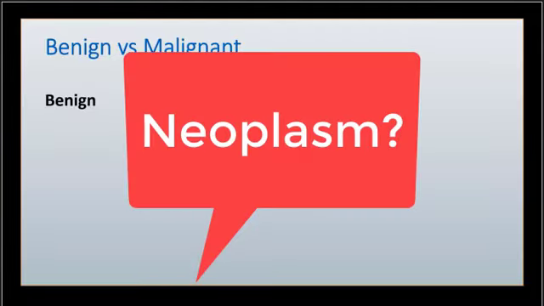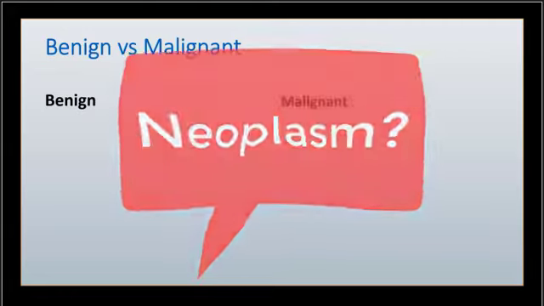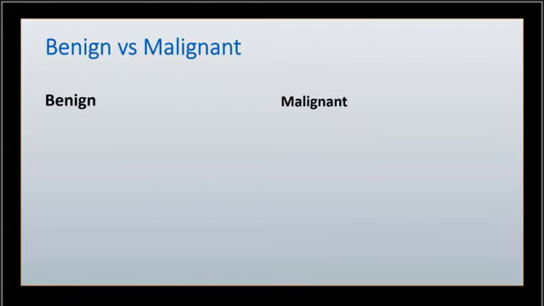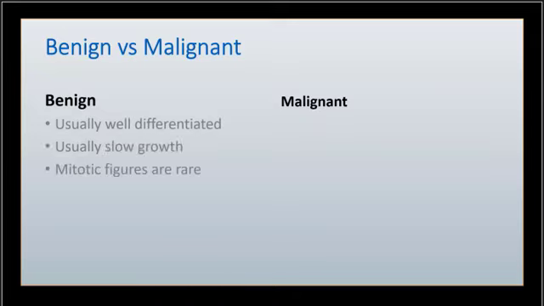Well, that simply means that there is a new growth of cells which are abnormal. The term neoplasia does not define whether that growth is benign or malignant. So we do classify tumors into those two categories, benign and malignant. Benign lesions are usually well differentiated. They grow very slowly, they rarely have mitotic features, and they're usually encapsulated, whereas malignant tumors can be differentiated or